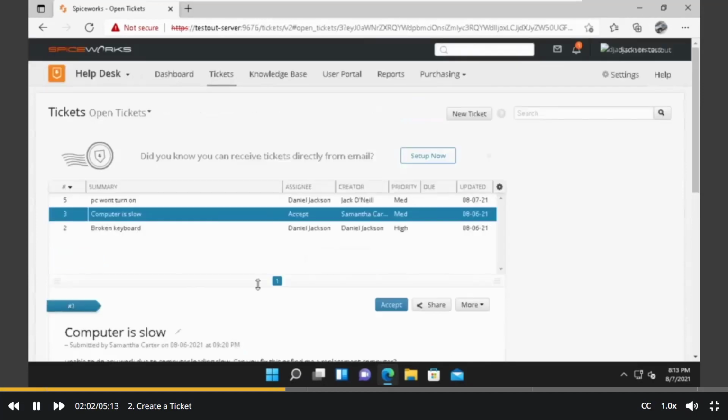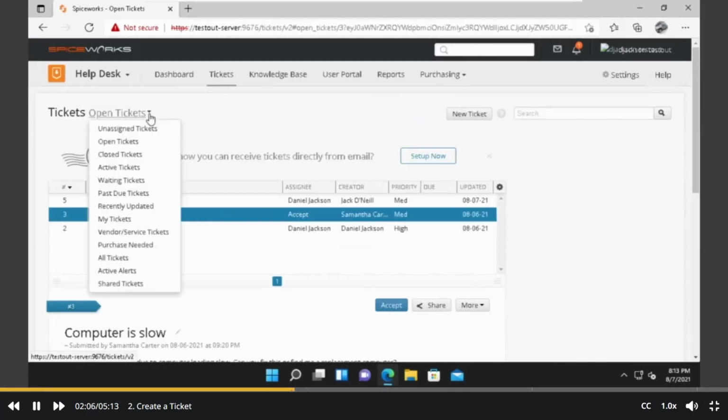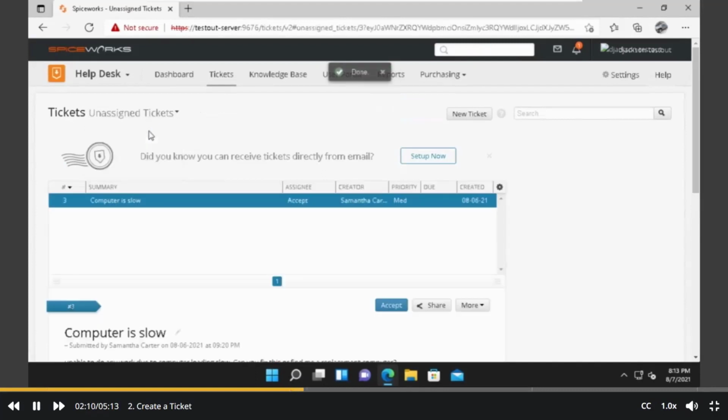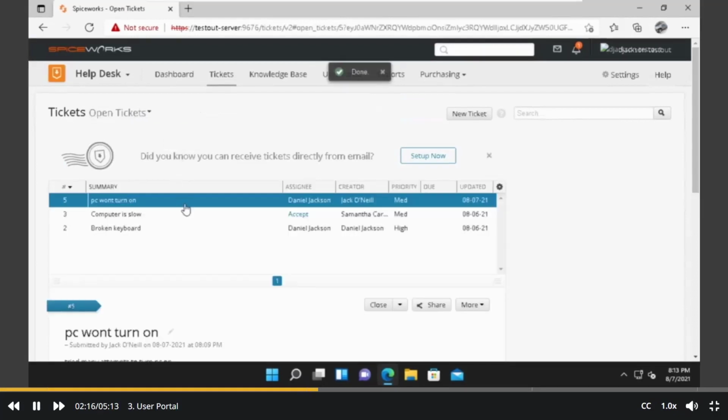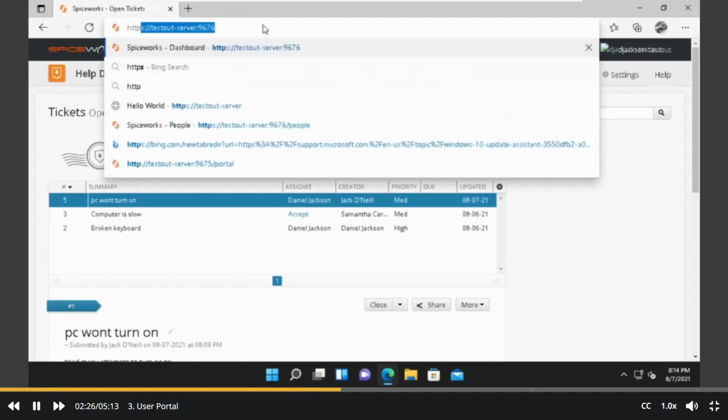We do have the ability to filter tickets by category, such as unassigned, open, closed, or even all. This could be helpful depending on how busy your environment is. Generally, users who submit tickets won't have access to view the ones in the help desk. For that reason, there's a user portal for them to submit their tickets from, and there's minimal work needed to set this up. Our portal address for the ticketing system is